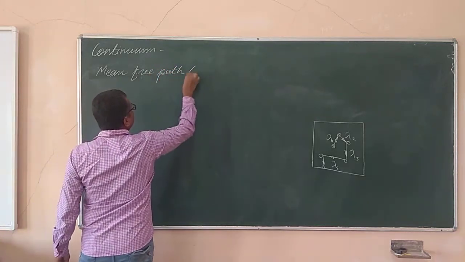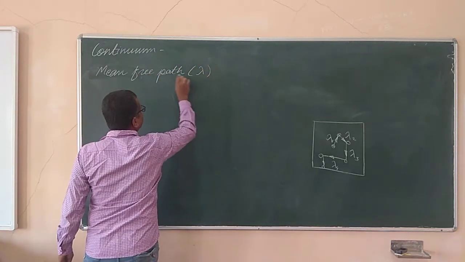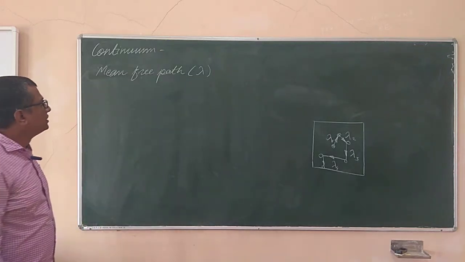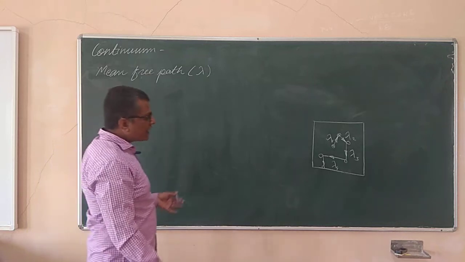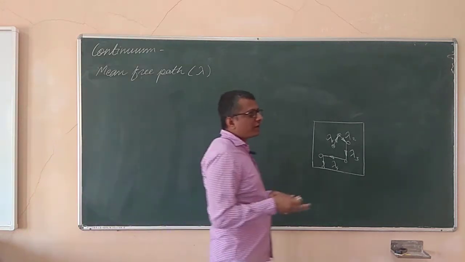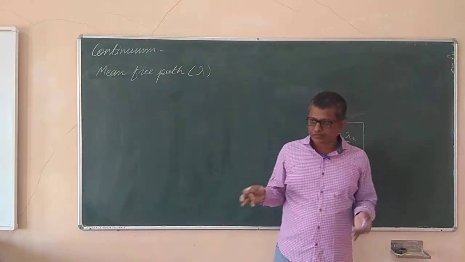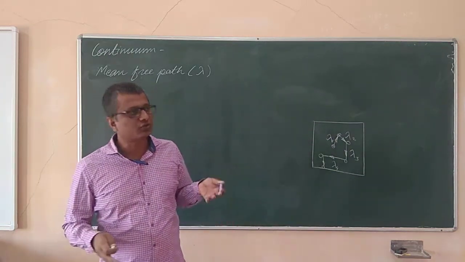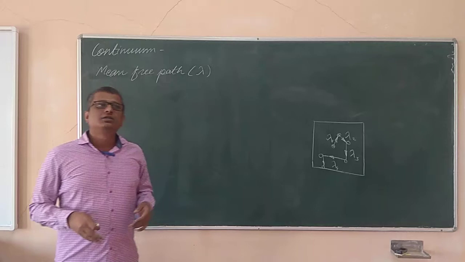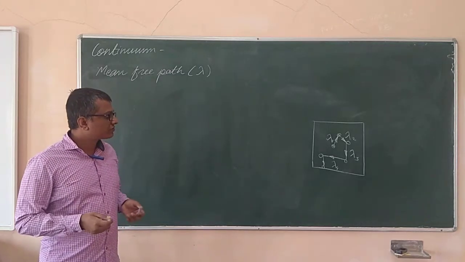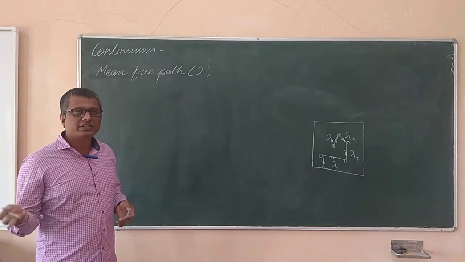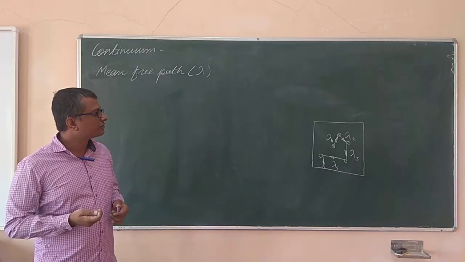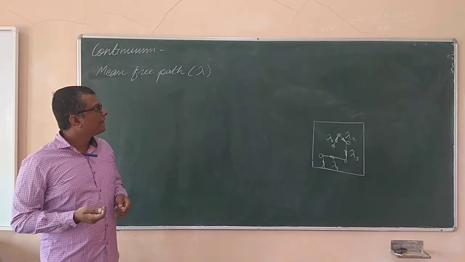Mean free path is represented by the letter lambda. The magnitude of lambda depends upon the pressure and the number density. Of course, the number density of the molecules again depends upon the pressure, the temperature and some other parameters. But normally for atmospheric air, it is in the range of 10 to the power minus 8, 10 to the power minus 9 meters or so, right.